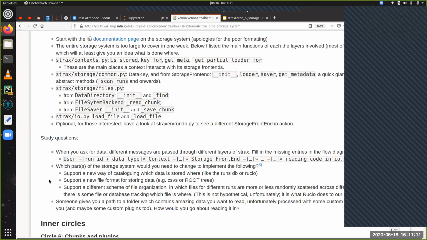New storage front ends and back ends, or I guess there'd be more of a storage back end that can read and write to root files. Yeah. So I'd start with making a new backend. I'd probably store the metadata in a TString or something, like it was for packs, and then make just a single tree for all of the objects, and then that backend wouldn't need to call out to io.py or anything else. Do I need to change anything in one of the front ends to enable this?